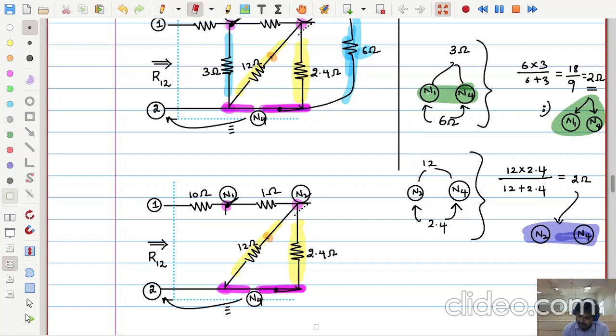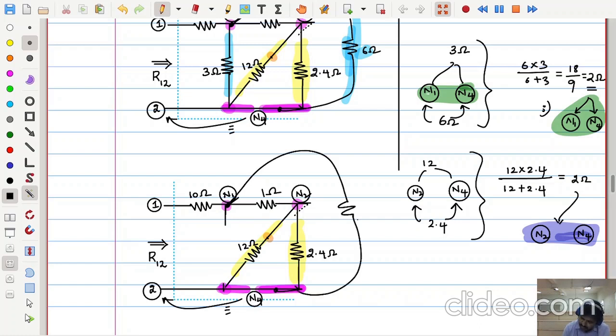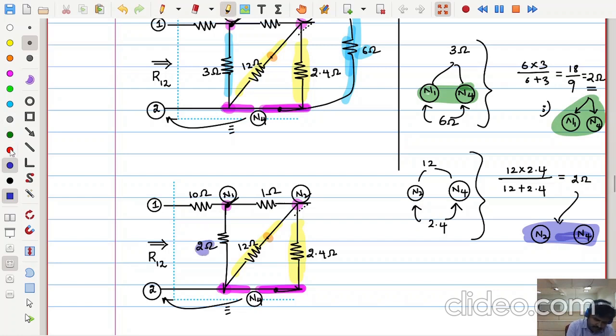Where should I connect it? Between N1 and N4. You can connect in many ways. I can directly connect with the shortest path between N1 and N4, or I can bring it over like this. This is also N4. In many ways you can make this connection, so no issue, but ultimately it should be between N1 and N4. So this is 2 ohms. Green color 2 ohms work is completed.